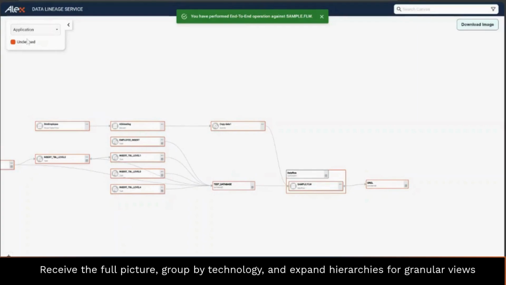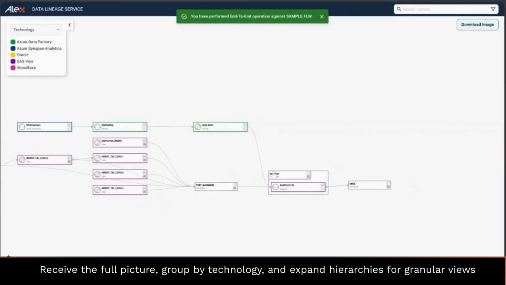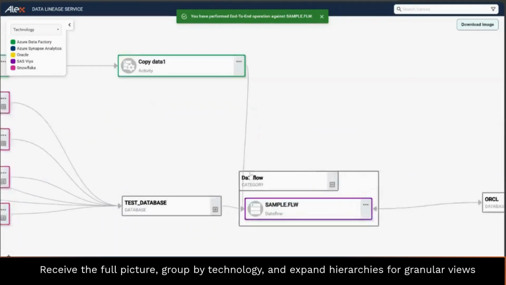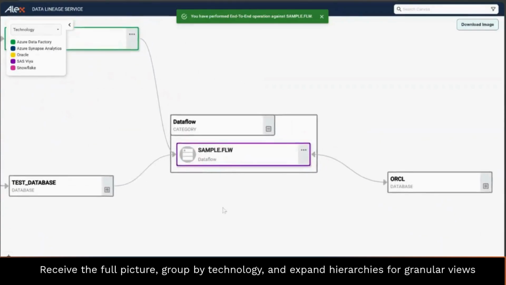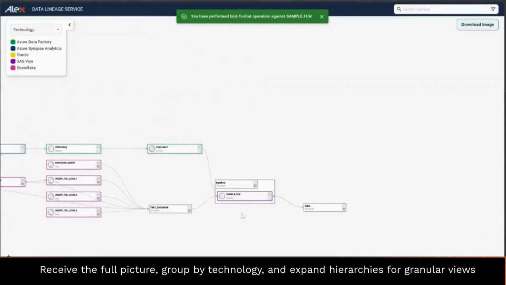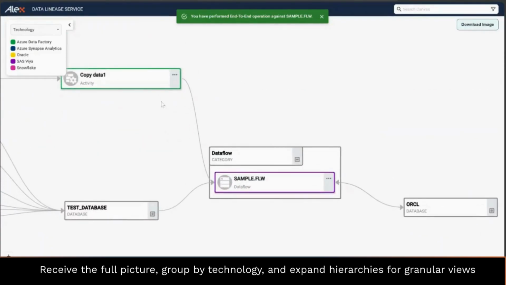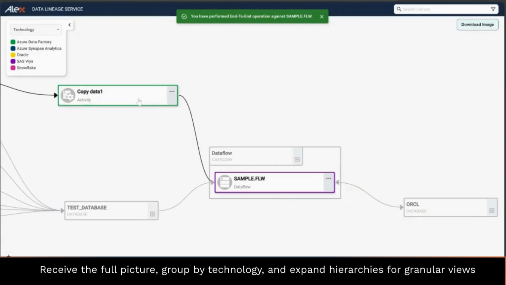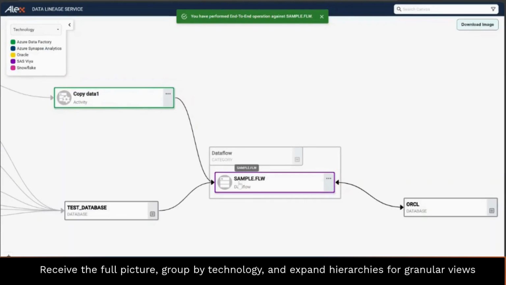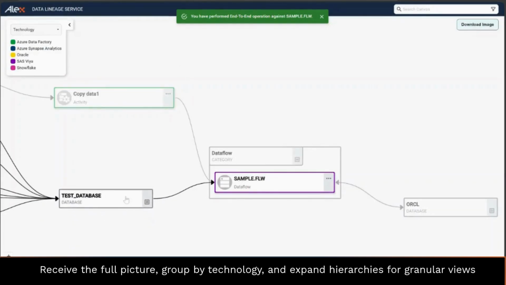Let's group by our technology. Here we can see this SAS Viya data flow is being connected to three different technologies, like you saw previously in the map view. We have an ADF activity which is triggering this particular SAS Viya data flow, and then we have source tables